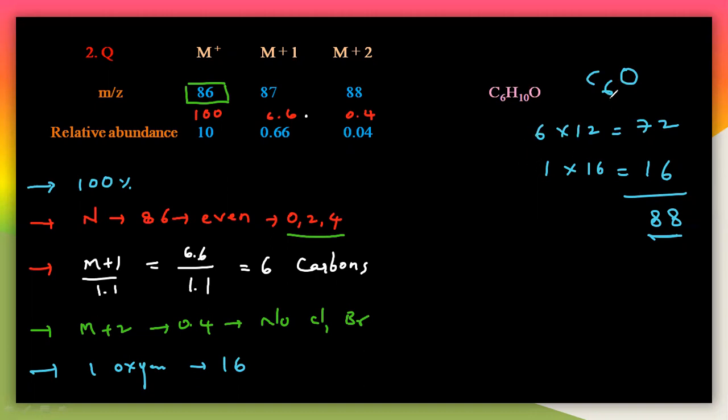So if you take this as 5, then it is 60, and if it is 60, then you will get 76, and 76 plus 16 you will get 92. So let us understand this. Actually, the problem is this is a mistake. So once again I will see you here.